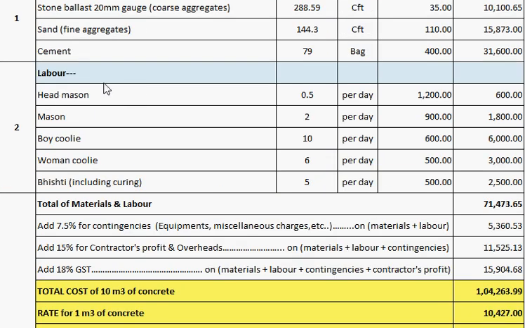Then we have to find labor, that is head mason required half a day. We can write it as 0.5 per day, and mason 2 per day, boy coolie 10 per day, woman coolie 6 per day, bhisti including curing 5 per day. And these are the labor cost per day, and this is the total labor cost. Then total of materials and labor is